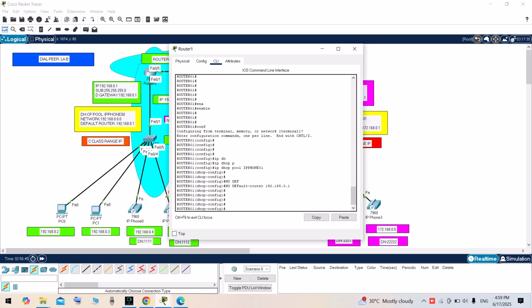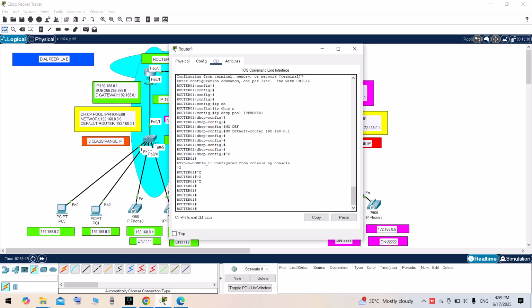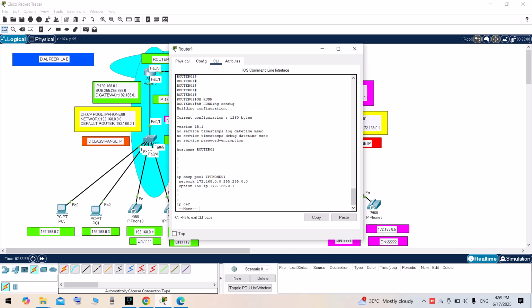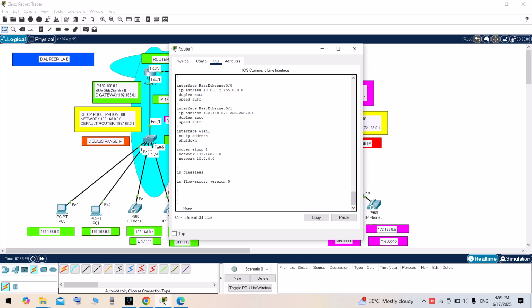Okay, now I'll check the running configuration. Okay, see, now I'll put the main one,